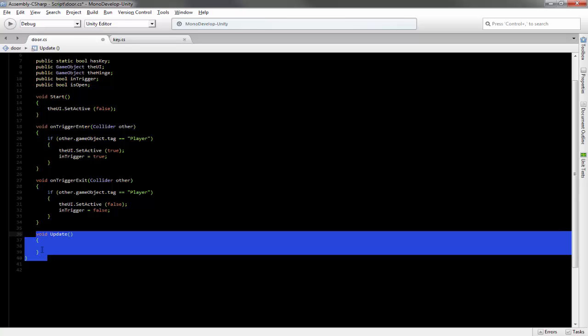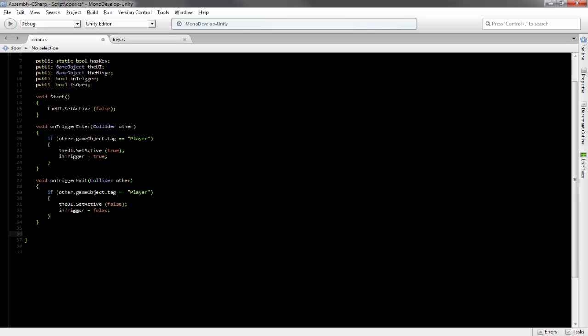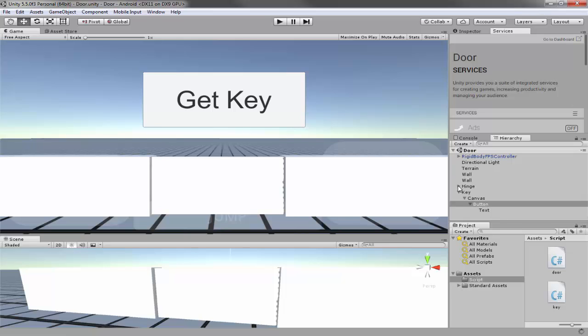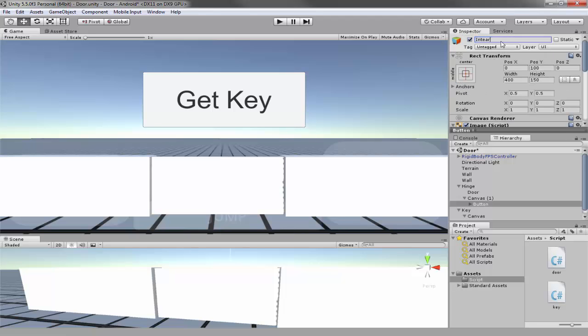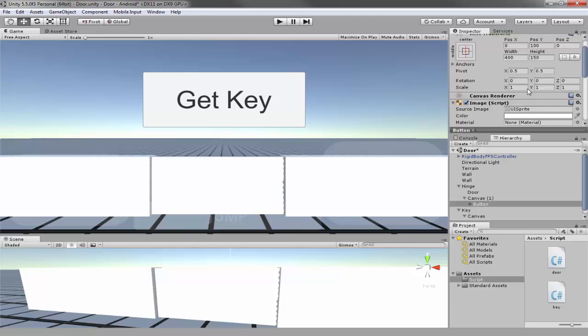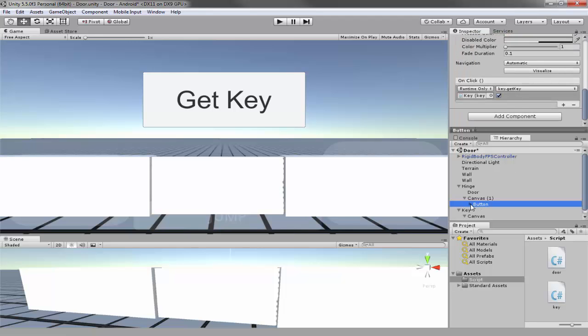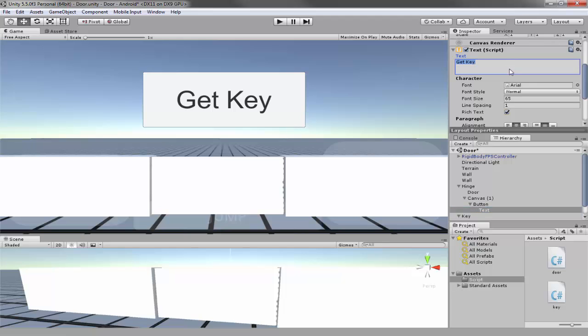Oh, actually am I forgetting something since you're using the new UI? Go to hinge, the door. Oh, we haven't made the door. Yeah, so duplicate the canvas and just put it on the hinge. Just name this interact. Okay, so